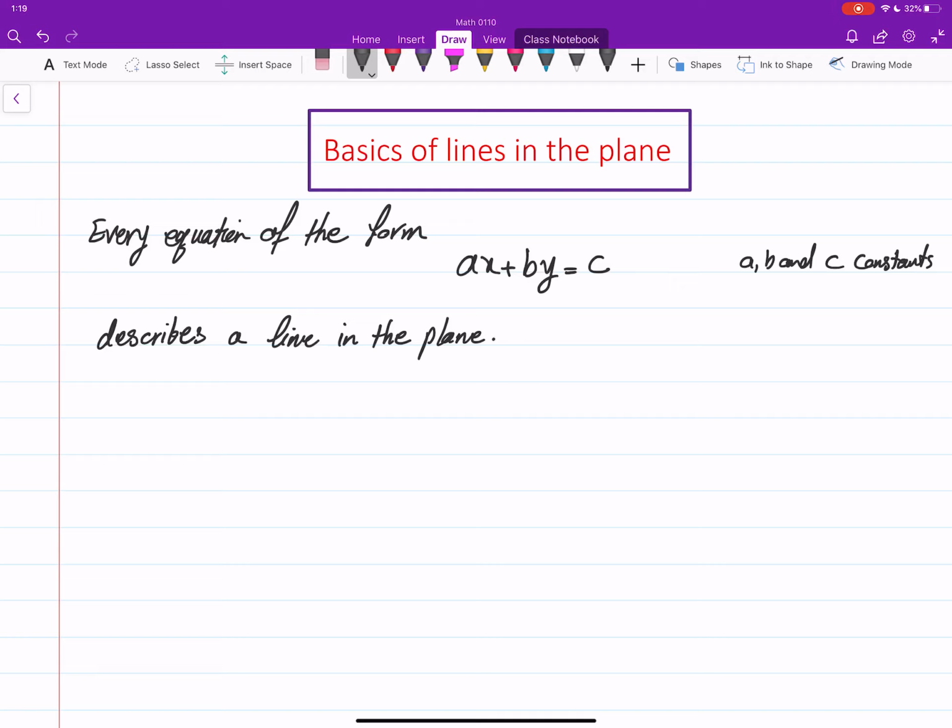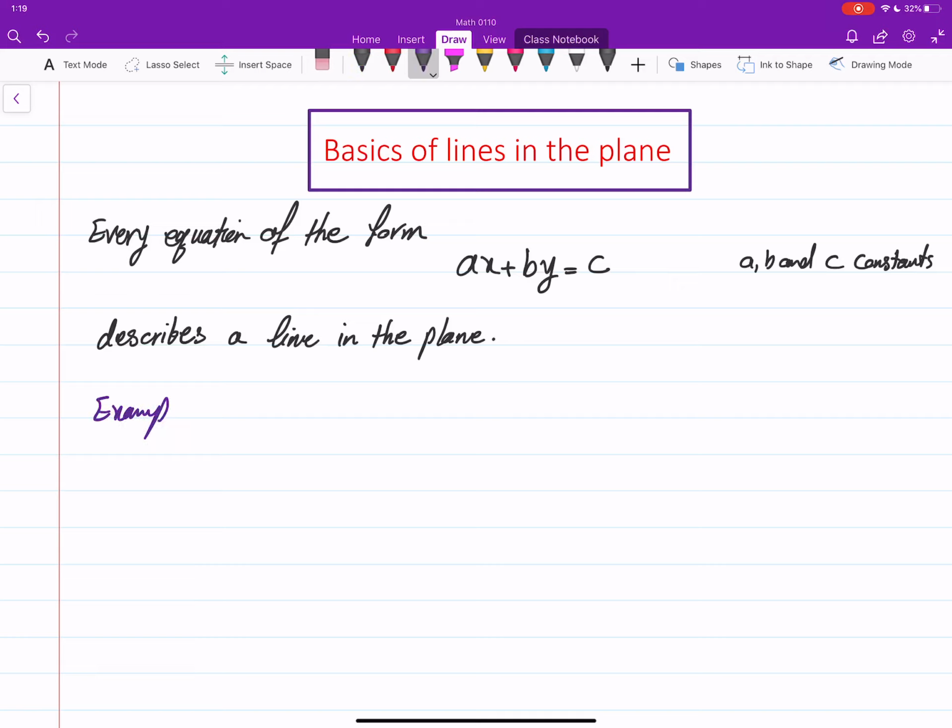For example, anything that you can see of that form. For example, 2x minus y equals 4, or x is equal to 3, or y is equal to 5x